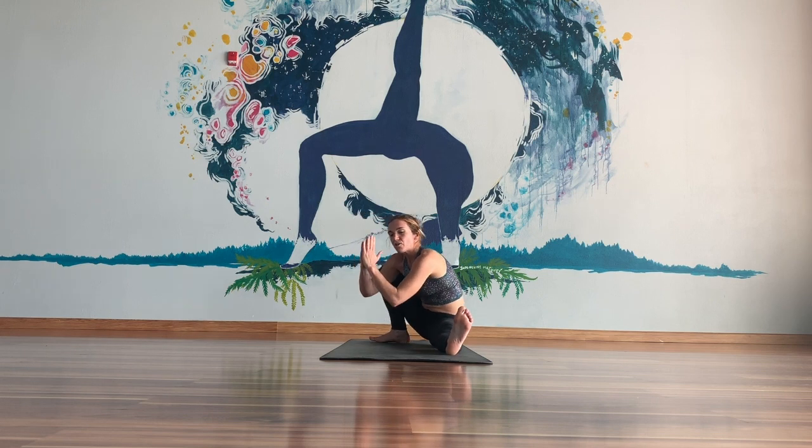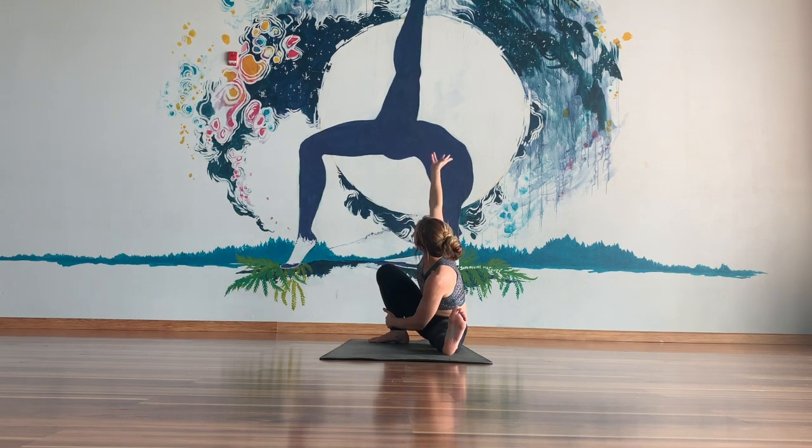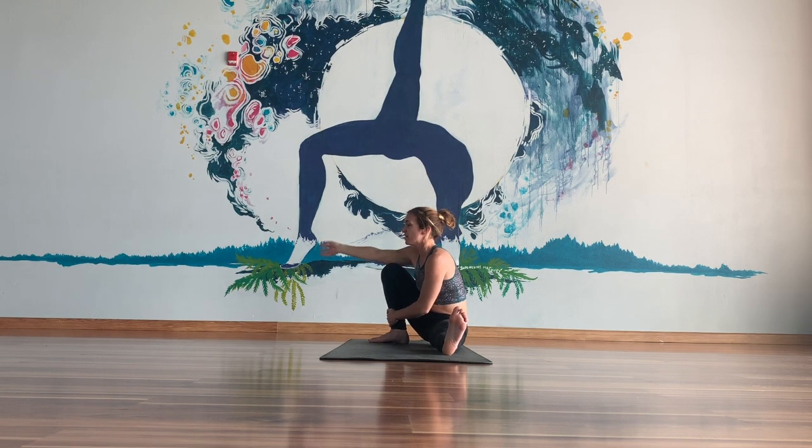This time, go ahead and lower to your seat, right hand around your left ankle, and then start to sweep the left arm up and over. See if you can use that traction of your ankle to guide your side body a little longer. Breath in, breath out. Come back through center,